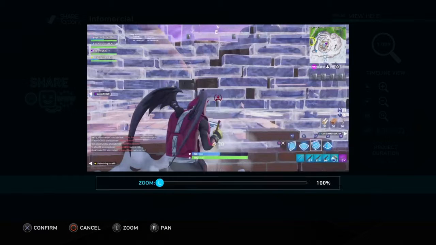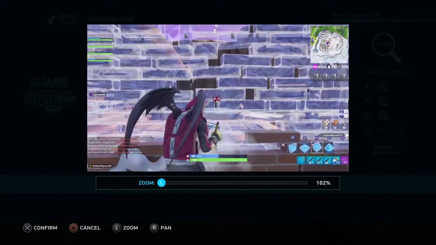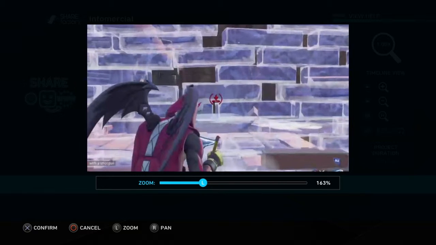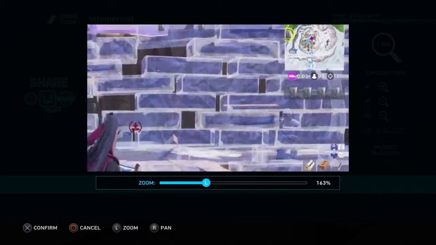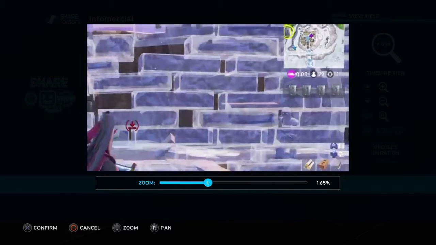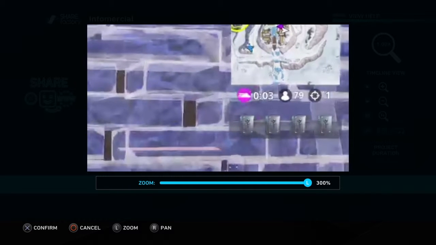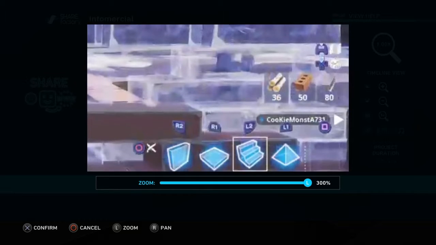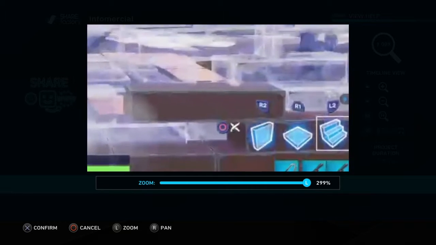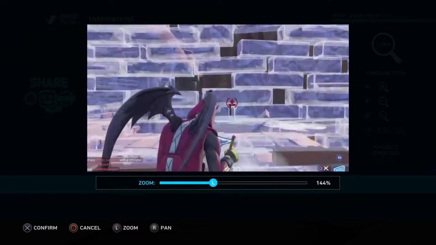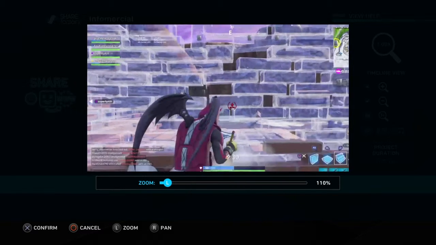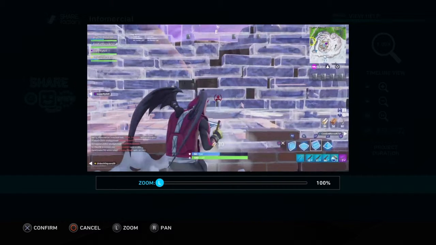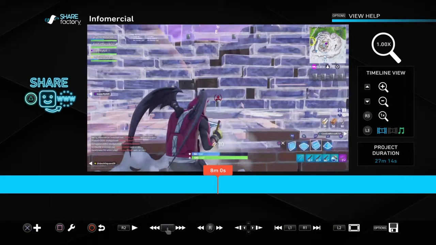Pan and zoom. Zooming, of course, is when you just zoom in and out of a picture. Panning is when you can go to a different part of the image. This is what I use whenever I want to indicate how many people are left in a game, or if I can go any faster, what weapons I pick up, stuff like that. Just a whole bunch of good stuff. I really do enjoy this. It's the only software that I use. But since I don't really have any reason to do that right here, I won't.